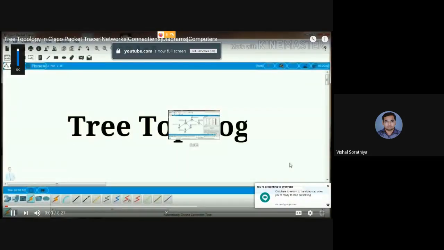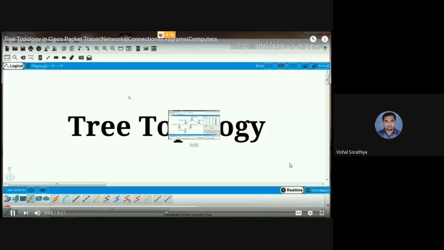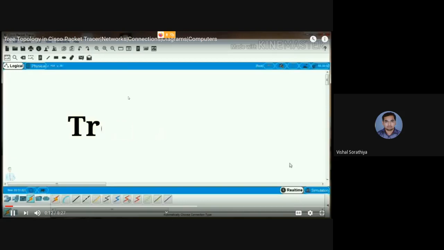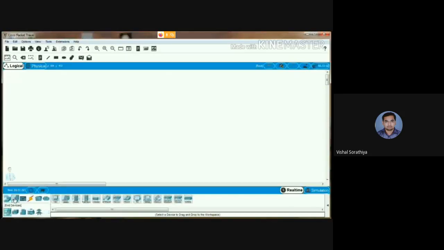Hi guys, in this video I am going to show you how to create tree topology in Cisco packet tracer. So let's begin. First of all, we need some PCs. So click on network devices, in devices, and drag and drop PC,